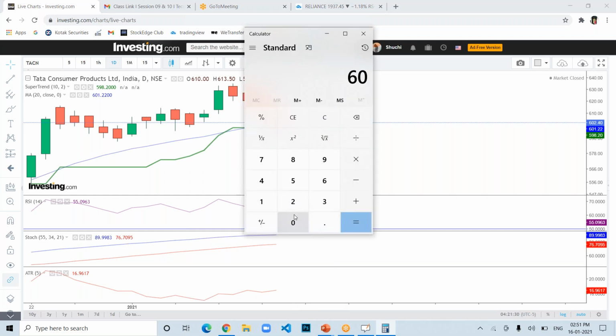So 602 minus 18.7 is 583, which is your stop loss. And your target is